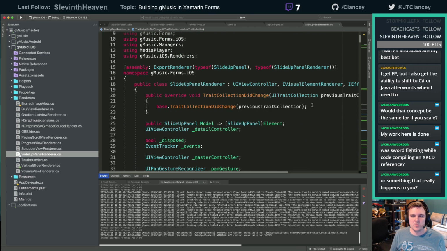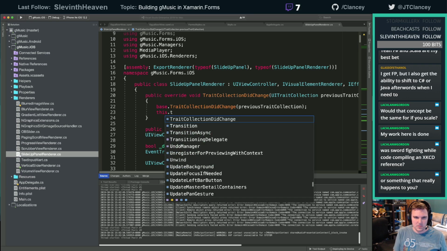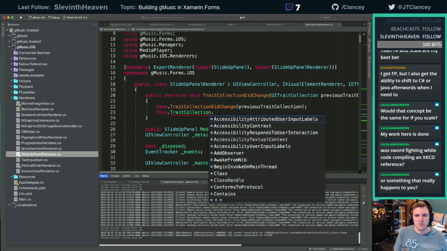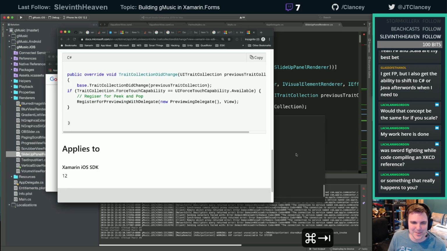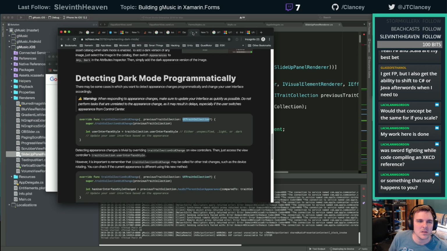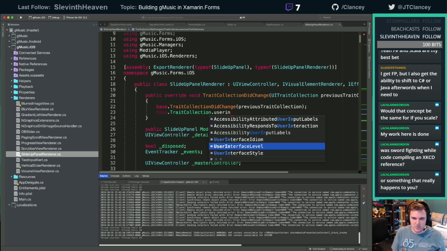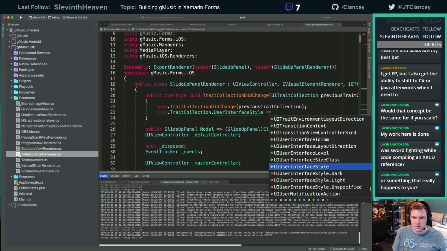Now what we'll do on trait collection, how do I tell if it's dark mode? What that NS Hipster thinks, or no, that blog. Okay, interface style at trait collection dot user interface style. Dark, light, unspecified.